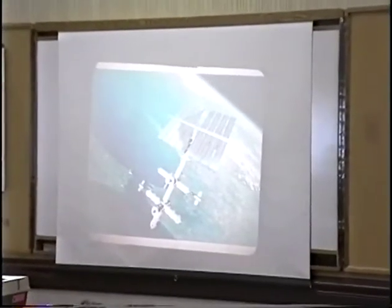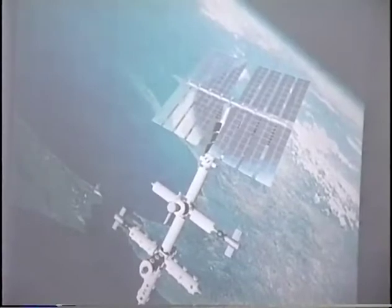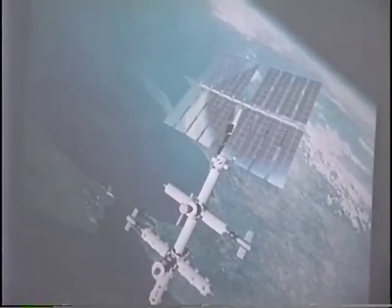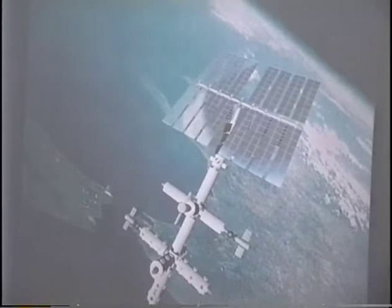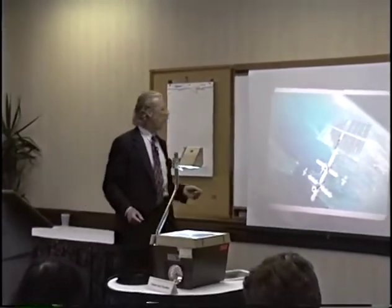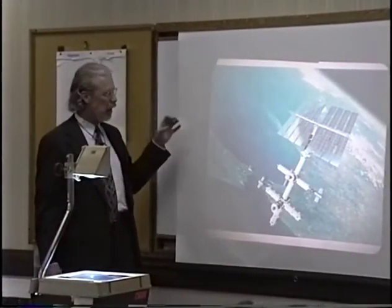And based on that, we ended up with a design. This originated at a charrette, which is a one-day intensive workshop, at the University of Washington back in February last year. And what we did was look at what can you do with the parts and pieces of the ISS program, and how can you do something that is truly commercial with all of this great hardware that has production lines now up and running. What we did was made a decision to get away from the main truss, all of